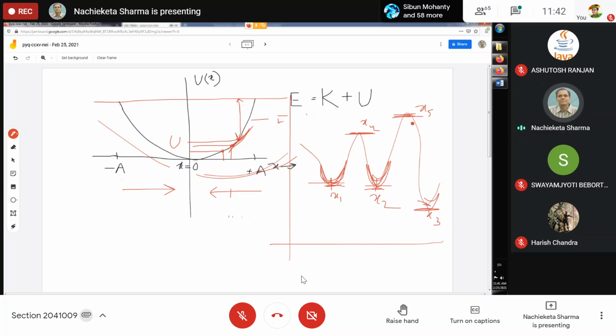But when the particle is displaced a little to the right of either point, that means either this way or that way, do you think that particle will come back to its original position? How interesting is nature! You will be surprised to find that the restoring force is there, everything is there, and you are displacing it from the mean position. But do you think it will come back to its equilibrium position? Anybody? Do you think it will come back, or it will go farther and farther away?